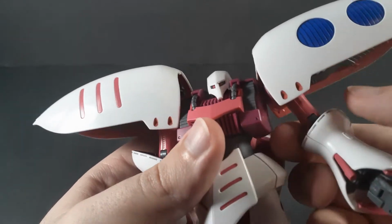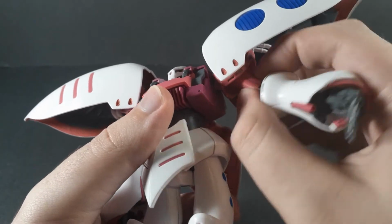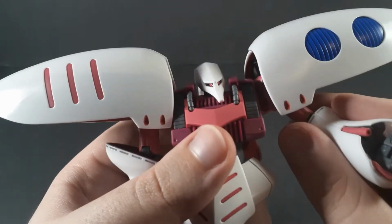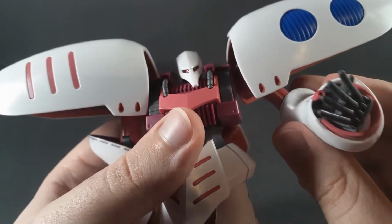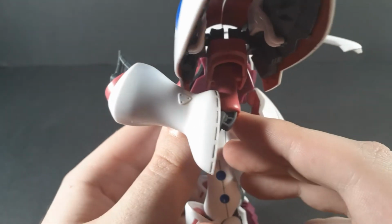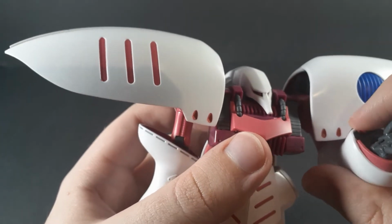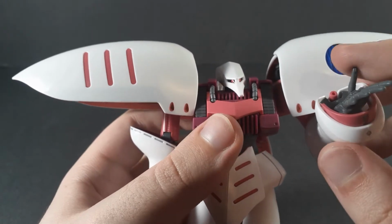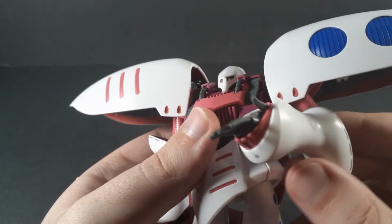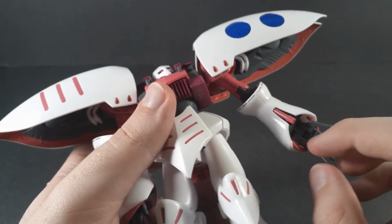It's going to be kind of hard to show this off. There is a hinge out, obviously. There's also a swivel at the upper arm, a double jointed elbow. However, even with it this way, you still only get just above 90 degrees, which, yeah, it's fine. It's just, I've been spoiled with significantly articulated kits recently, and I expect full bend all the way up. That's fine. Of course, there's a swivel down here, then the hand is on a ball joint, and these hands